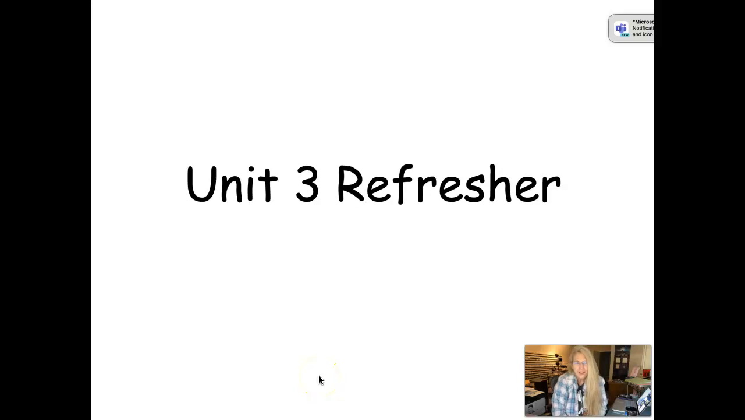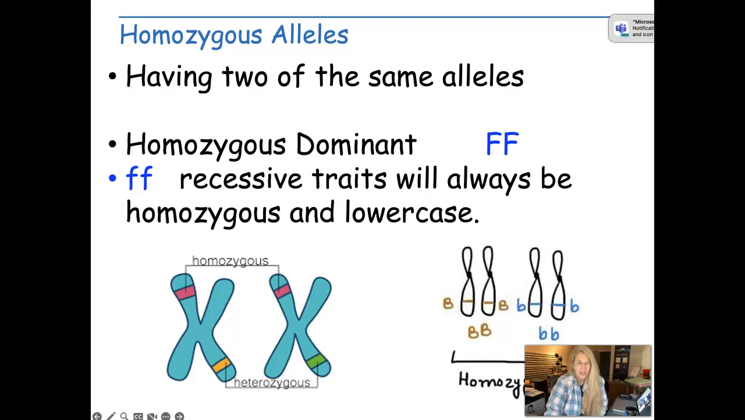Hi everyone. We're going to take a minute and refresh our brains about what we covered in the last unit. So remember, the last unit we started talking about heredity and how traits are passed on from the parents to the offspring. And so we'll start out by looking at what a chromosome is, what is DNA, and some of our vocabulary